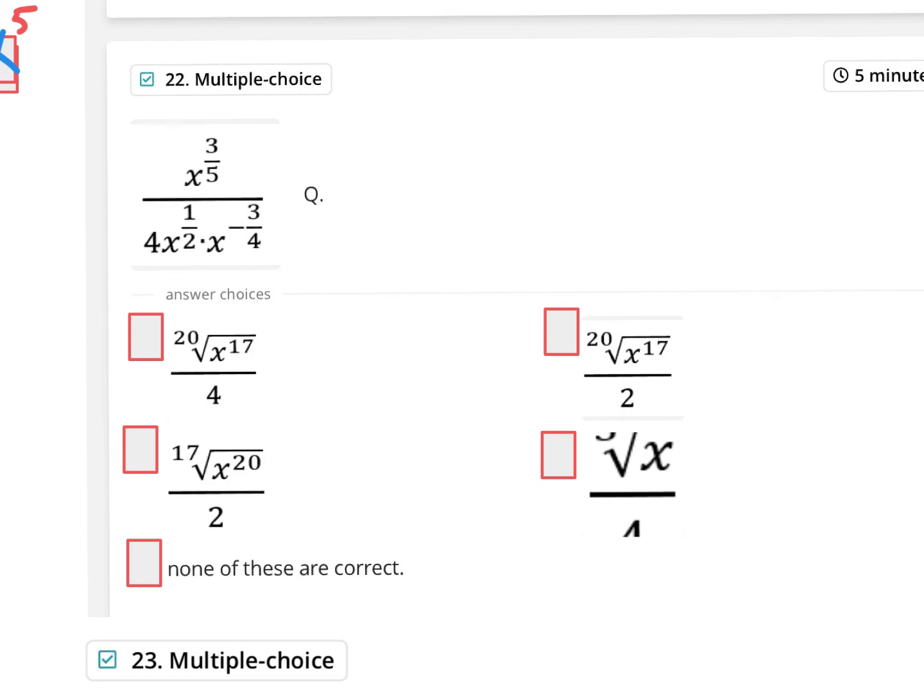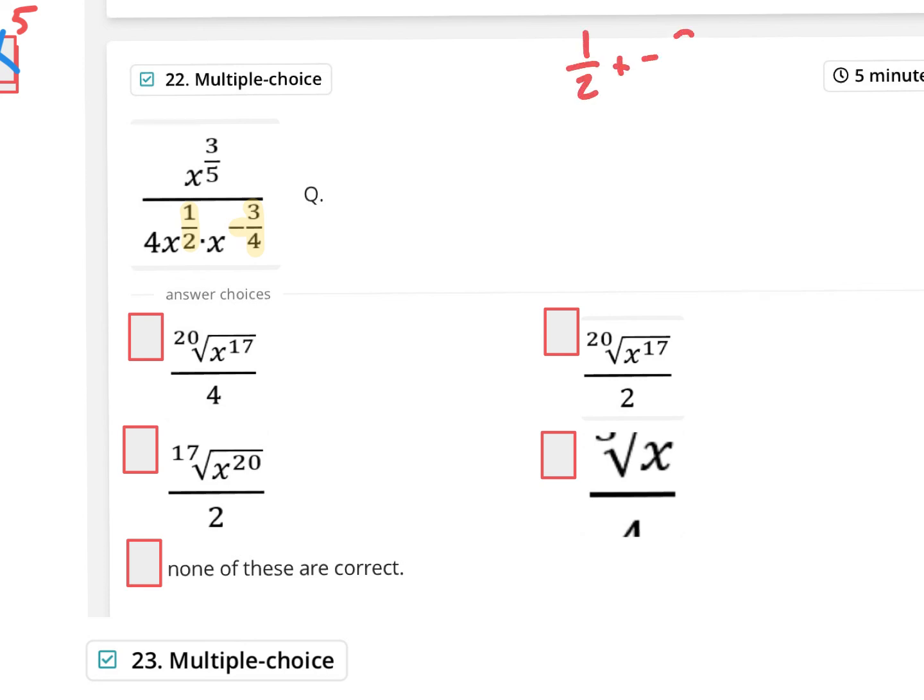But anyways, this is definitely the most entertaining question with rational exponents. We're going to begin by looking at the denominator. You have 4 times x to the 1/2 times x to the -3/4. How about we begin with multiplying the x to the something times x to the something, because we know that all that does is add exponents. So what we're really dealing with is adding the positive 1/2 with the -3/4. Let me actually do that right here. Positive 1/2